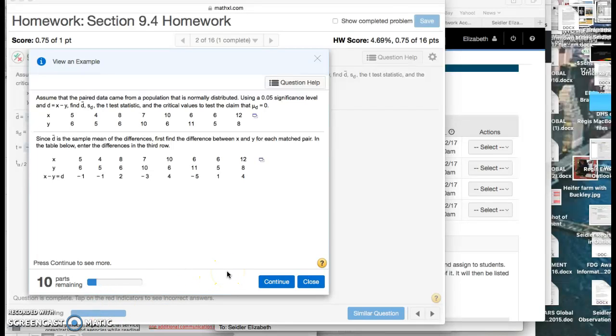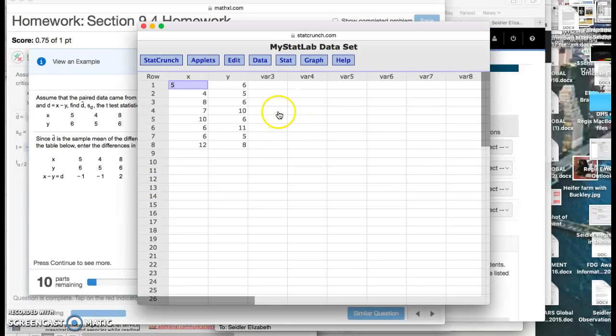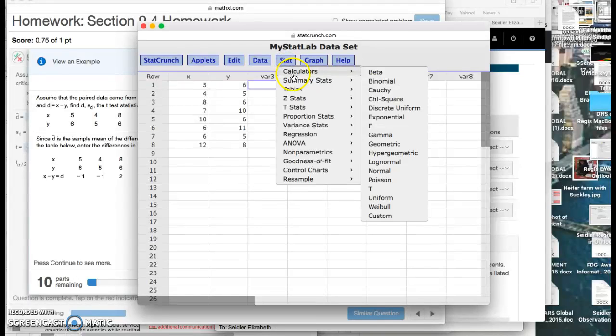Here's an example for the section 9.4 homework where you're looking at paired data. So let's open this in StatCrunch. And the first thing you have to do is find this difference D. So the way I would do this is I would go to Stat,